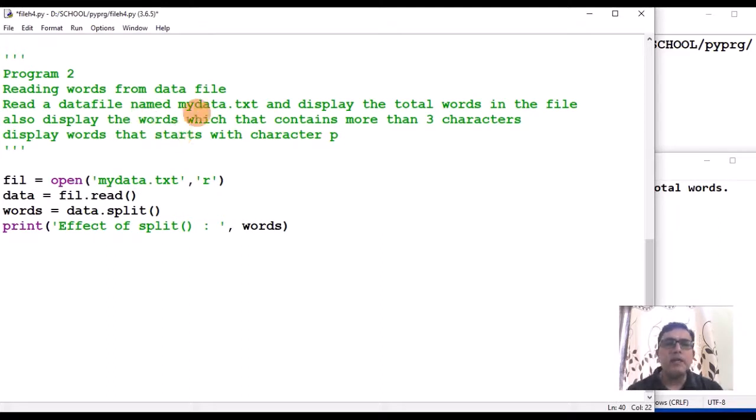You have to read a data file named mydata.txt, display the total number of words in the file, also display the words that contain more than 3 characters, and display the words that start with character P. Three things you have to do. First, count the total number of words, then display such words where the characters in the word are more than 3, and display all those words that start with character